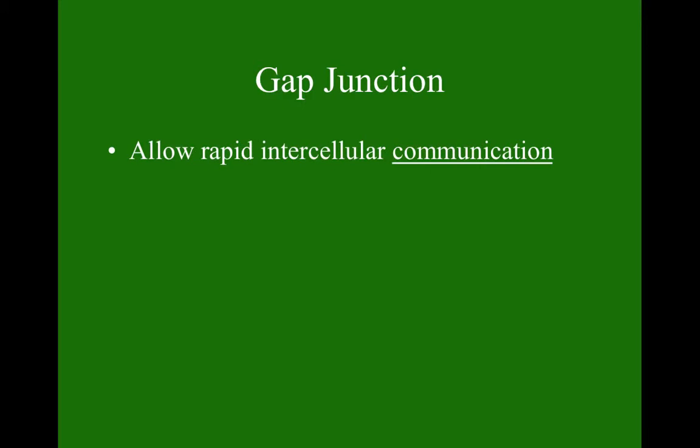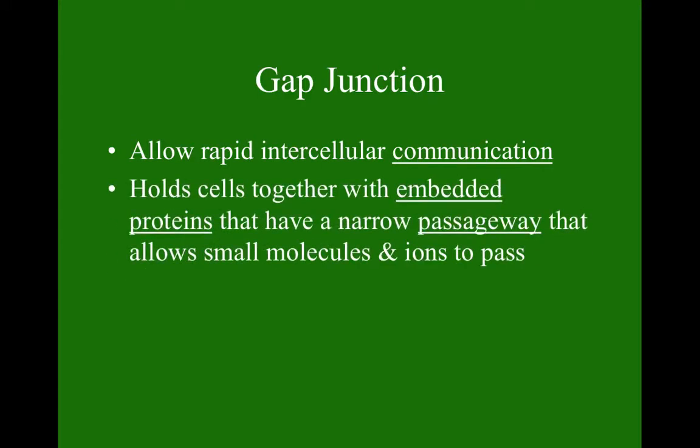The second type of connection is called a gap junction. These junctions allow rapid intercellular communication, and this is important in areas where we have to coordinate certain activities. What happens is the adjacent cells are held together with embedded proteins, and in the middle of these embedded proteins there is a narrow passageway that allows certain small molecules and ions to pass, and that allows the cells to